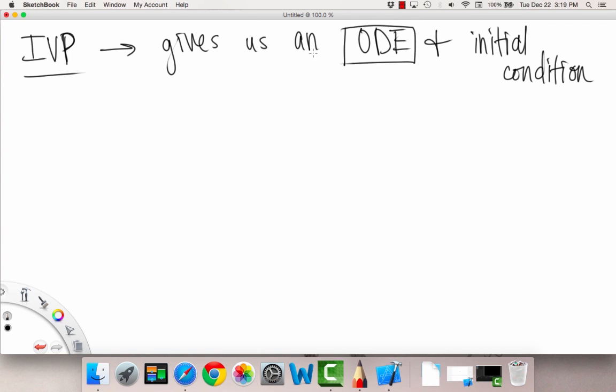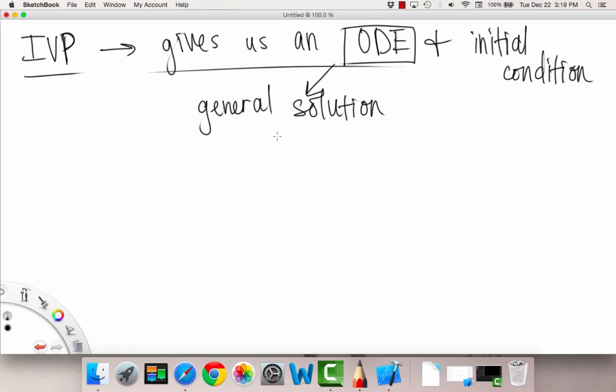The ODE by itself allows us to find the general solution, like I said. That means our plus C or times C or anything like that, something to do with a constant, and we have a general solution set. And this initial condition part, also known as initial value,